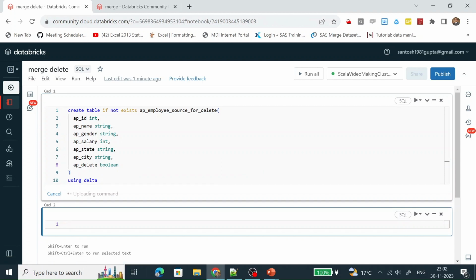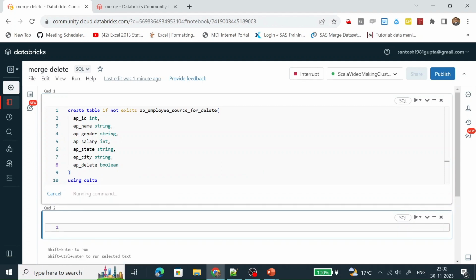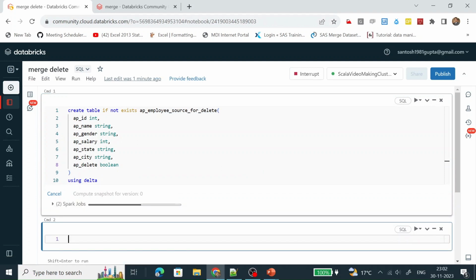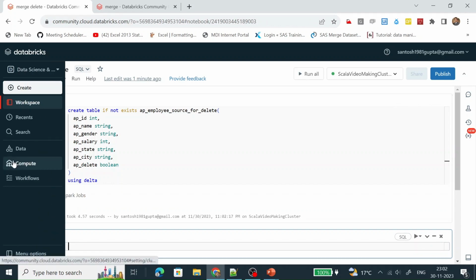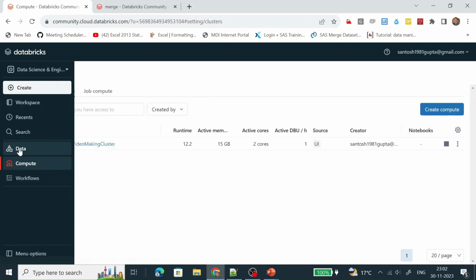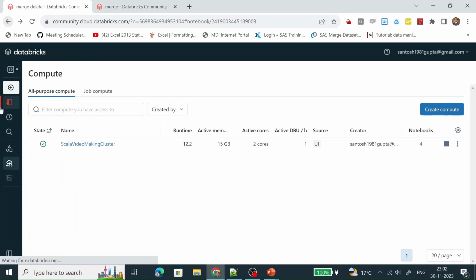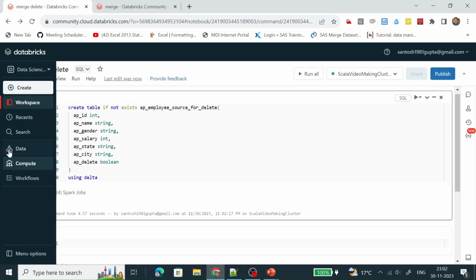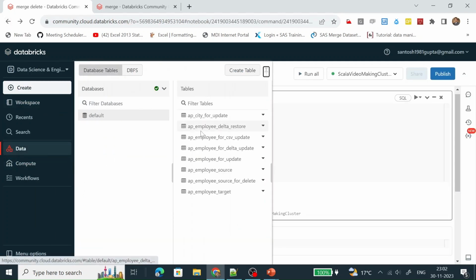Let me run it. This table has been created successfully. We can validate from here, AP employee source for delete. This table has been created.